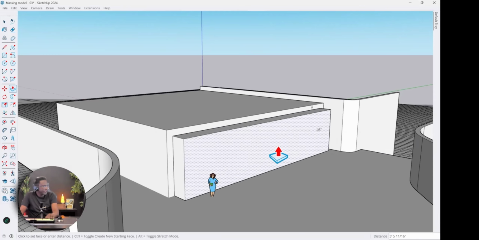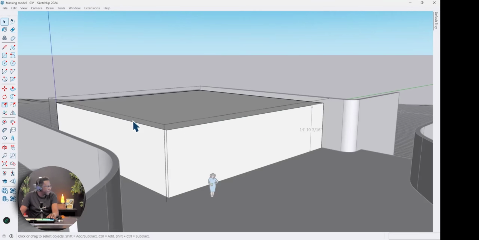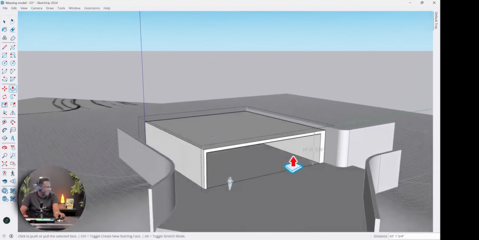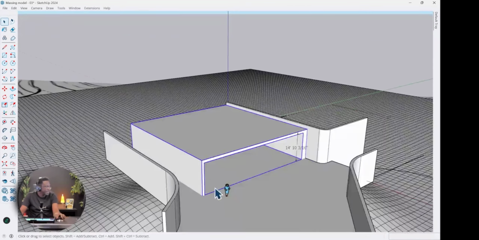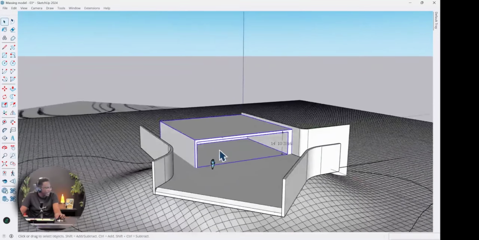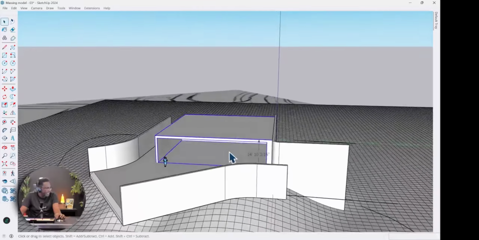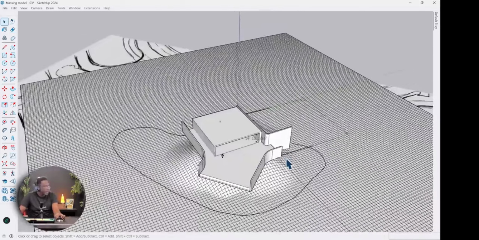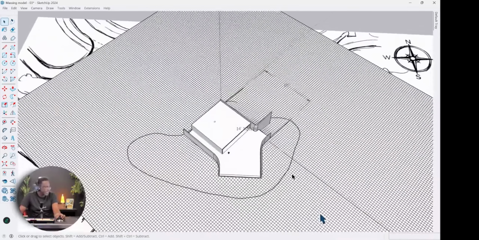So I'm just going to go into this group and draw a rectangle here. And then I'm going to push this in a little bit just to represent the space. Because the idea is that they're going to have glass doors here. And we want to find out how the sun is going to impact this main space. And the way to do that is through a solar study. So before we go into that, let us clean this up a little bit.